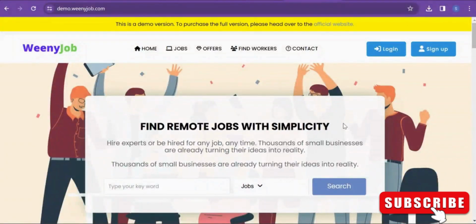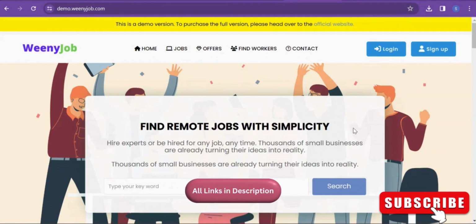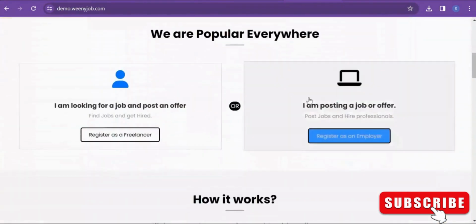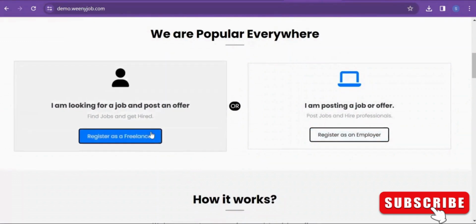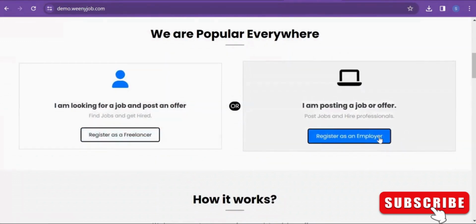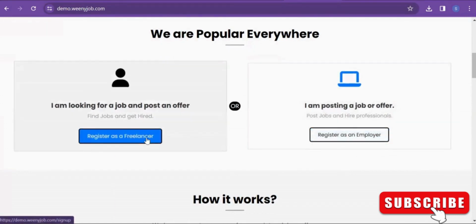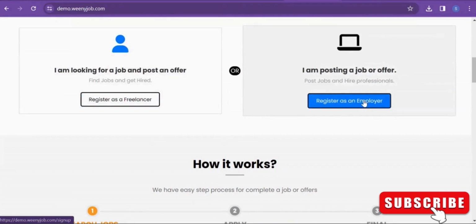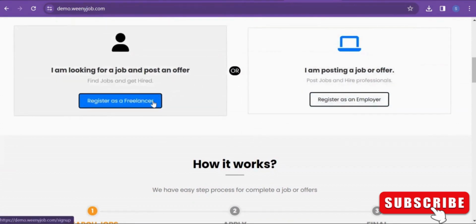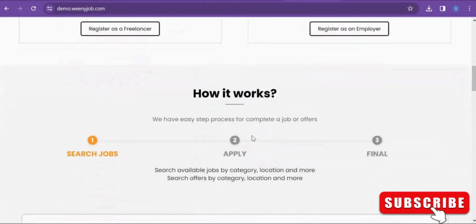Let's see how to set up the Vinija PHP script and install it on your server. At the end of the video, you'll have a full-fledged dynamic marketplace where users can register either as a freelancer or as an employer, and the employers can post jobs which the freelancers can complete to earn money. The freelancers can then submit the proof of their completion, and the employers can review it and pay them if the work or the proof is valid.